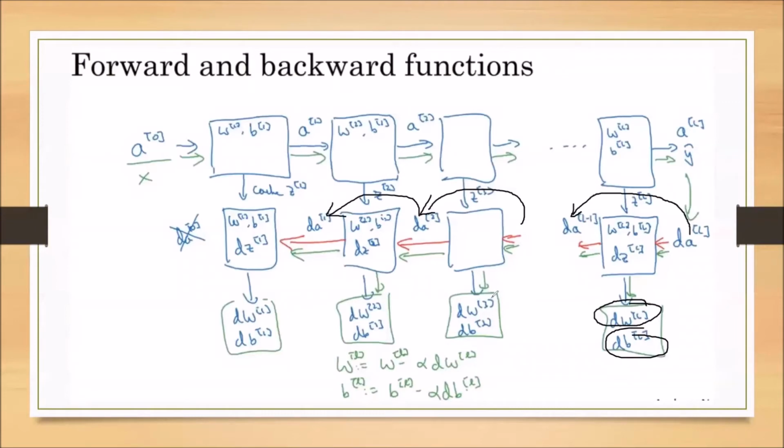In the meanwhile, we got dW3, dB3, dW2, dB2. And when we calculated the dA1, at that time we are getting dW1 and dB1. We are substituting these dW and dB values in the gradient descent. While substituting these values in the gradient descent, we are minimizing the cost function.